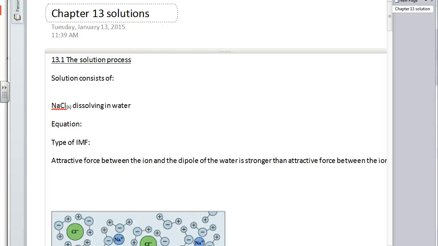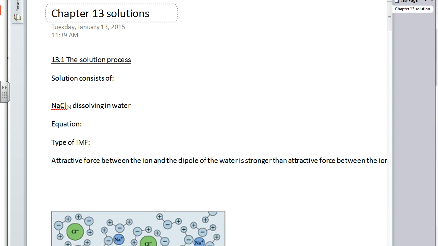Okay, ladies and gentlemen, we're going to be talking about Chapter 13 tonight, and this is solutions. And we've kind of hinted at a lot of this stuff when we talked about Chapter 11. We're going to formally talk about it. And so what we have, and we should probably do a real quick definition to start off with of what